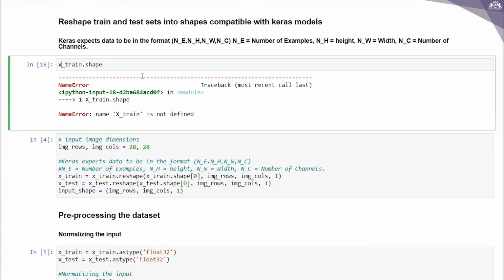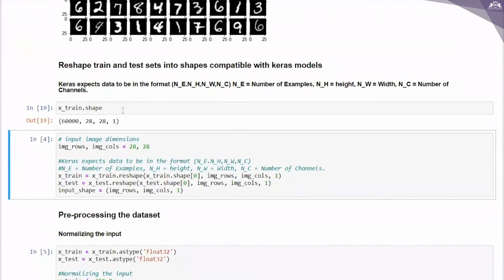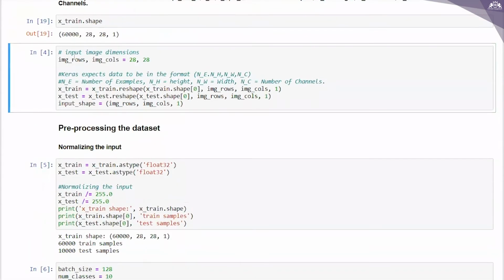Let me give this a small x. So what do I get over here? I'm getting 60,000, 28, 28, 1. So we know that this is the number of images, then 28 and 28, and then this last one is about the channel, right?